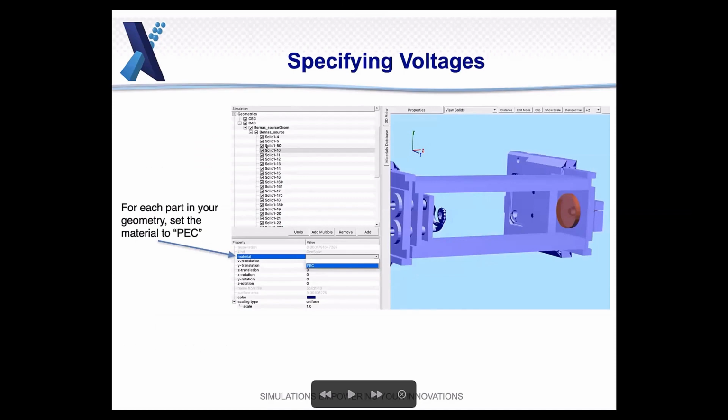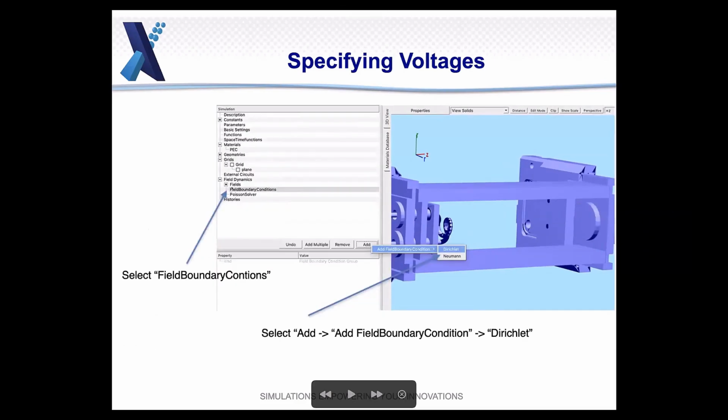Then for each part that you want in your geometry, you select it. So here, this repeller is selected as solid 110. And then you assign the material to be PEC, and do that for all of your materials. So now each piece of our geometry has a material assigned to it, namely a PEC. Then we can apply a boundary condition to those